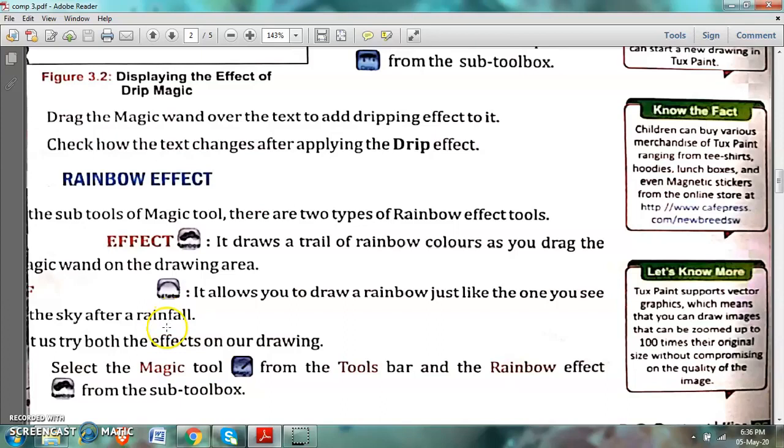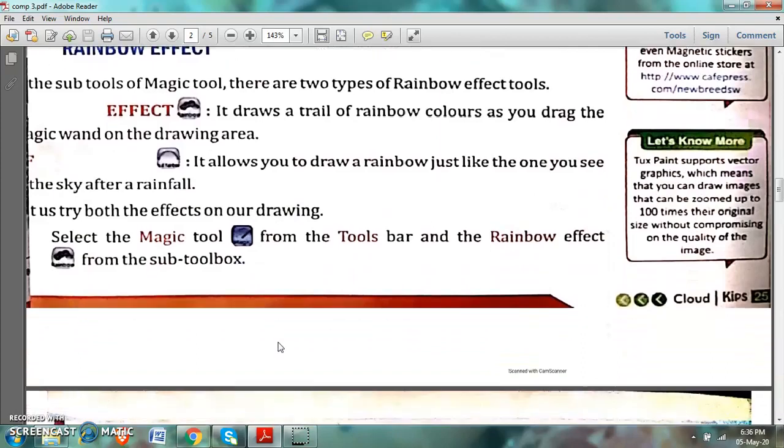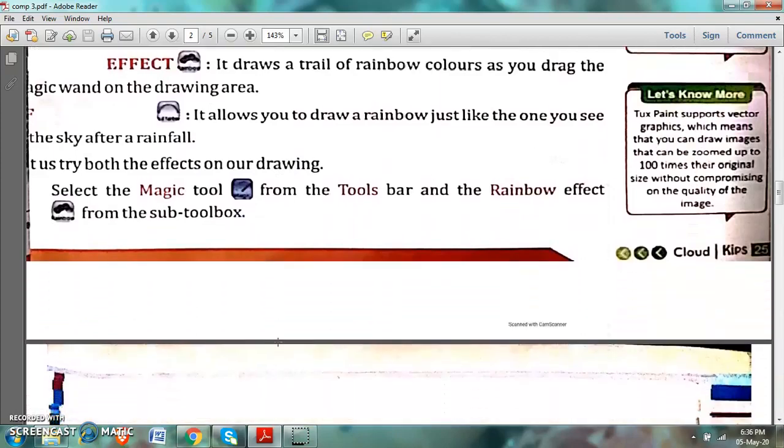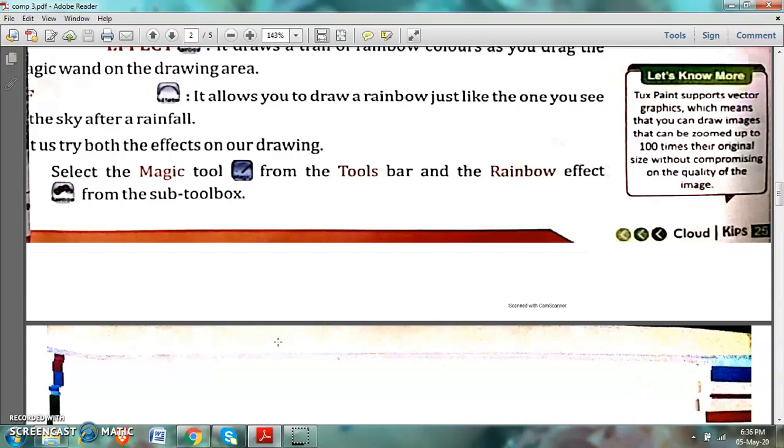So let us try both the effects in our drawing. Today I am telling you the steps only, but in the next video I will come with the proper screen and with the use of these 2 effects. First of all, what will you do? Select the magic tool.